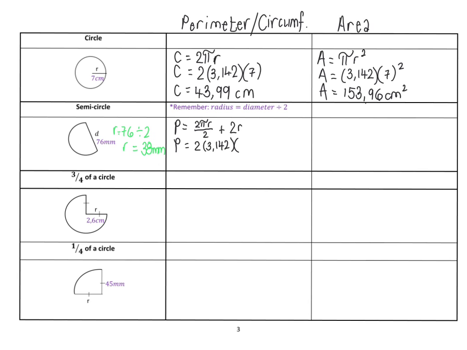So that is then 38, and that's all divided by 2 plus double the radius value of 38 again, which is basically just your diameter. I could have just as well said 76 there. So that gives us